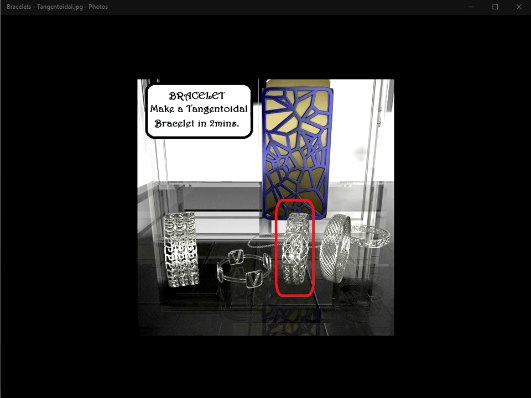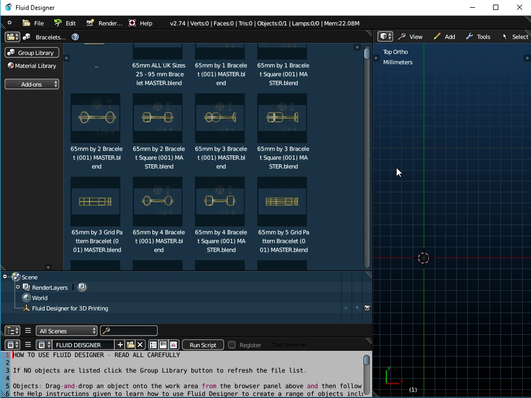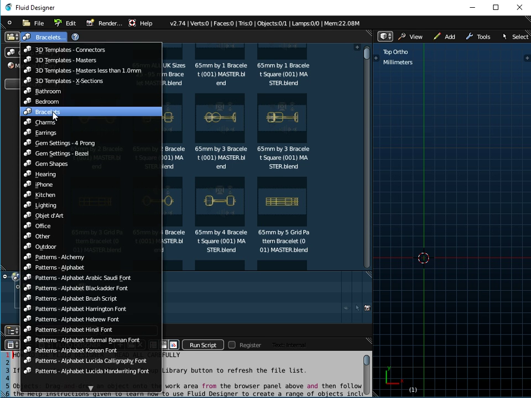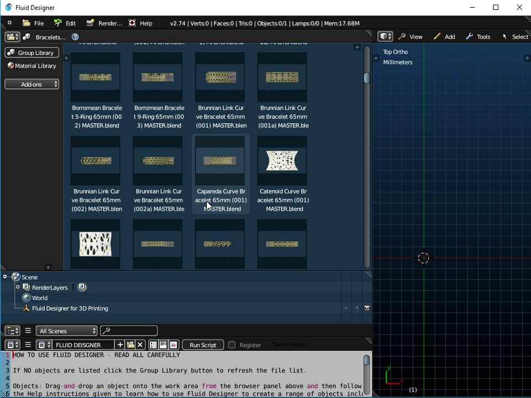Hello there. In this video I'm going to show you how you can make this tangentoidal crown curve bracelet using Fluid Designer for 3D printing. So we just start Fluid Designer for 3D printing and we just go to the bracelets folder, and there's all